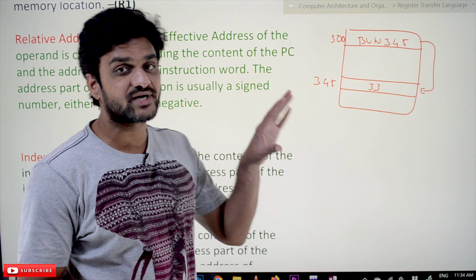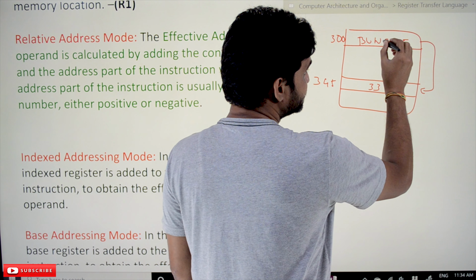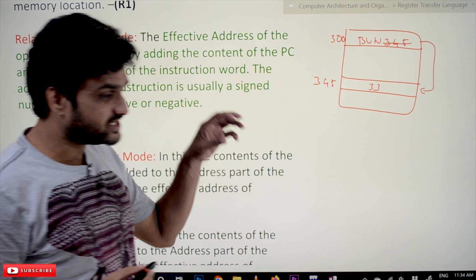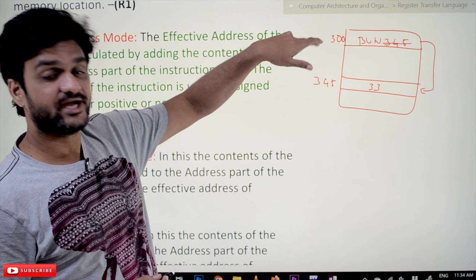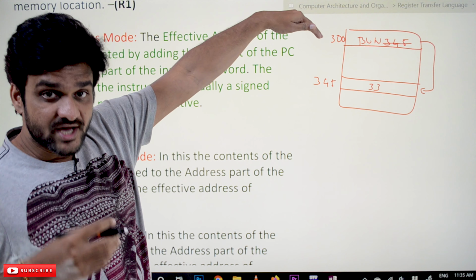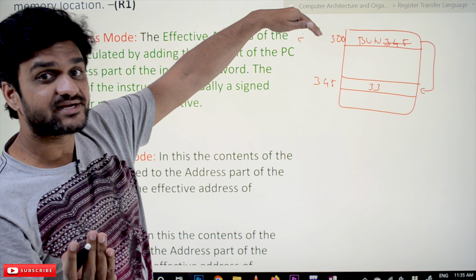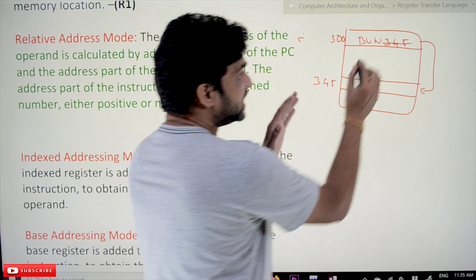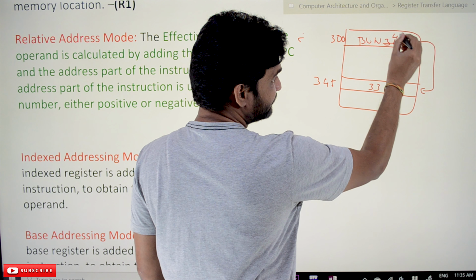So why it is called a relative addressing mode is, we are not going to give the absolute address, we are going to give the location. The location is fetched relative to this address, relative to where we are now. We are at location 300. Relative to this address, the location where we have to branch unconditional is 45. So what the address part consists of is 45.